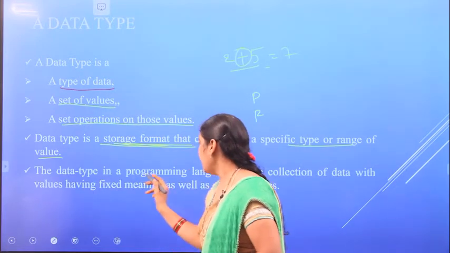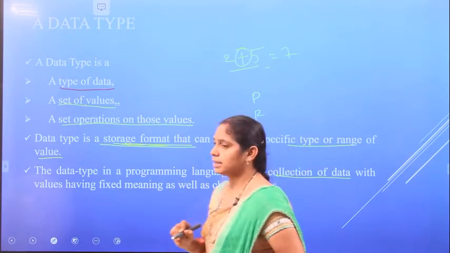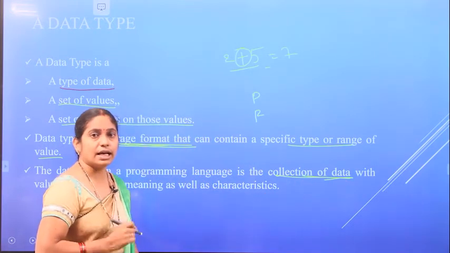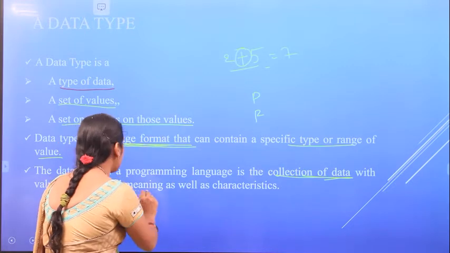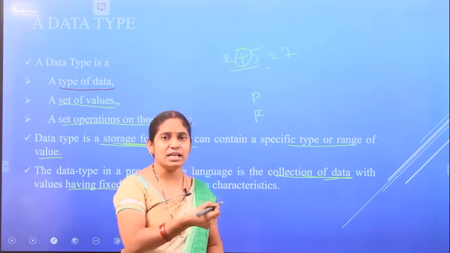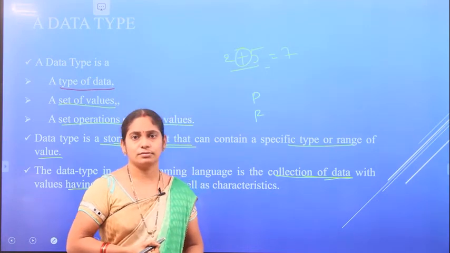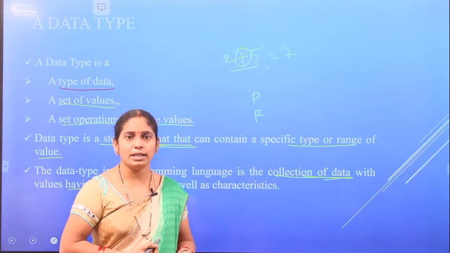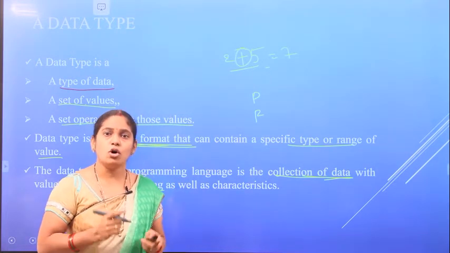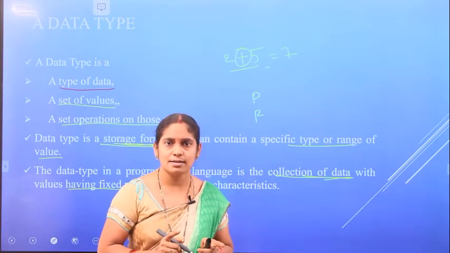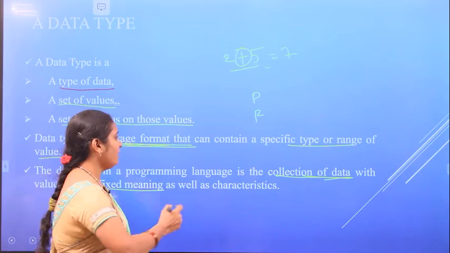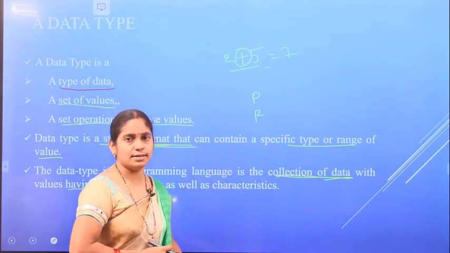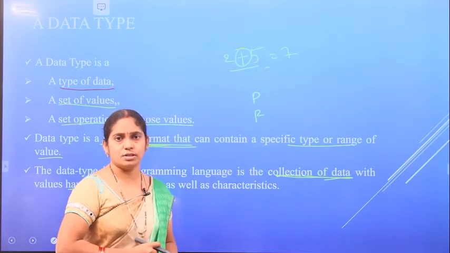Now, a data type in a programming language is nothing but a collection of data which has a fixed meaning. If we see the previous example, to represent the age, in which form did we represent it? As 12 or 13 or 36 or 59, likewise. So age will be represented as a whole number. The programming language has a group of values. Those values are usually called data. So the data is of different types.